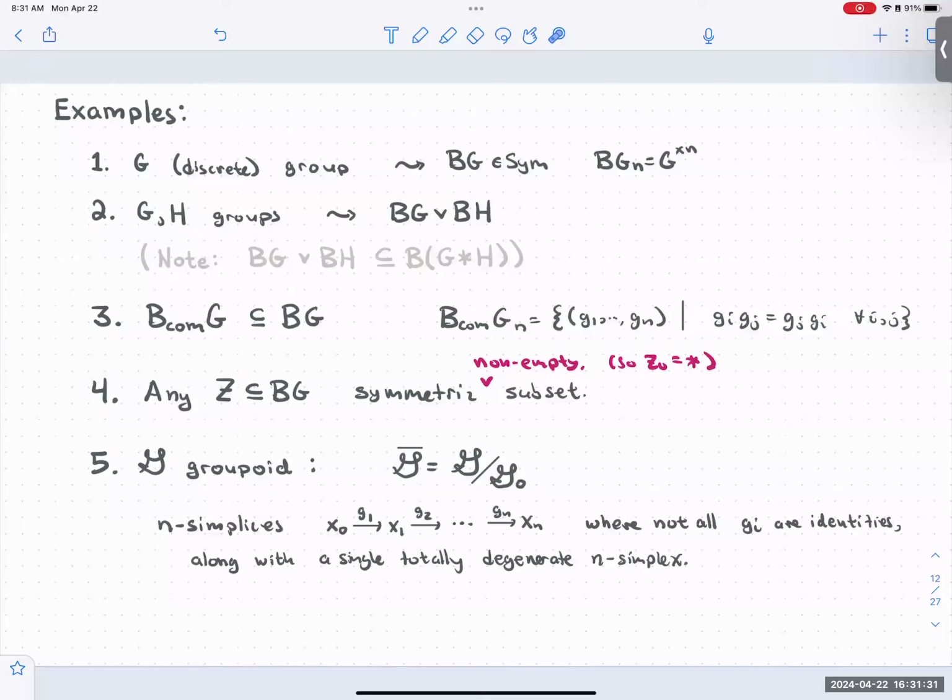Questions? Sorry, the fifth example, I couldn't get it. So these simplices are not all. Oh, I see. It's just what is the motivation for that object? So the G bar, yes. Yeah, G bar. So what is the motivation? Well,